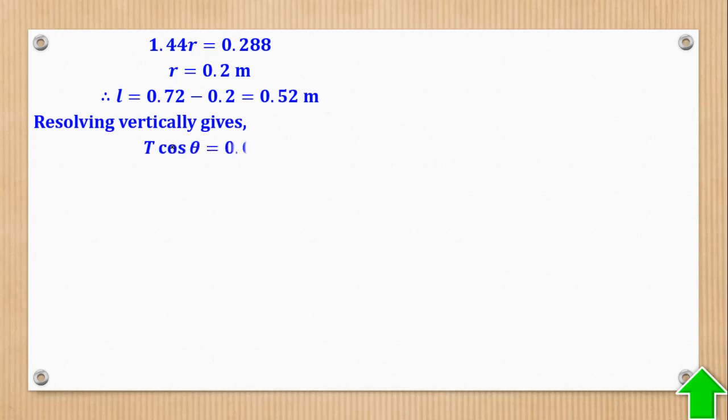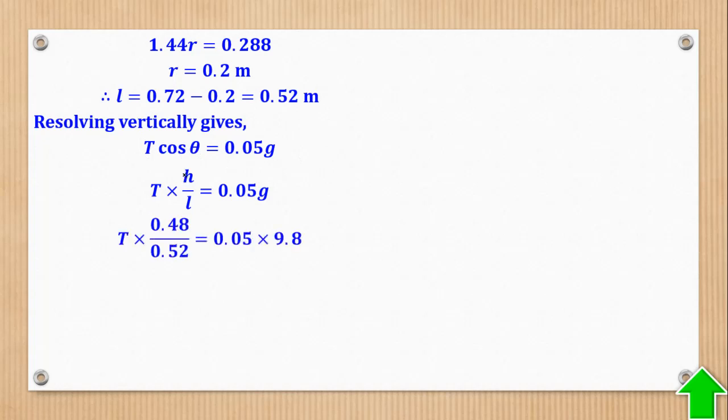Resolving vertically, you come up with T cos theta equal to 0.05 g. Substitute for g, and this cos theta is the same as h over L. I think you remember that. Meaning that now that I know h and I know L and I know g, I can get the value of T. That was part A. Part B,